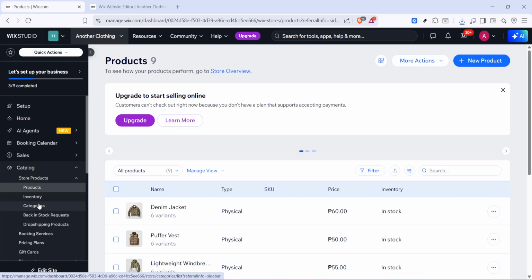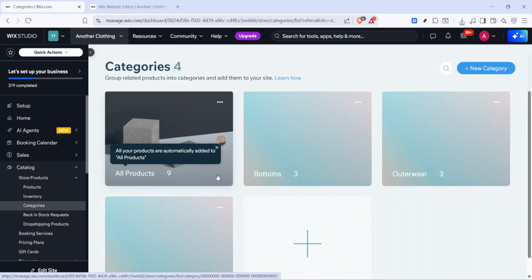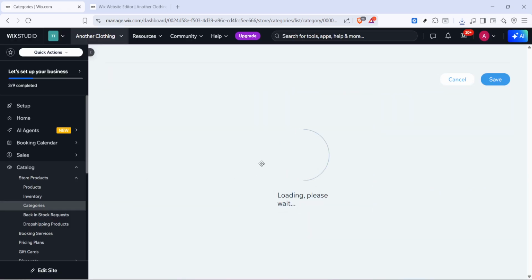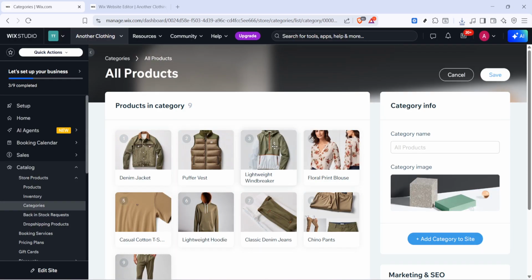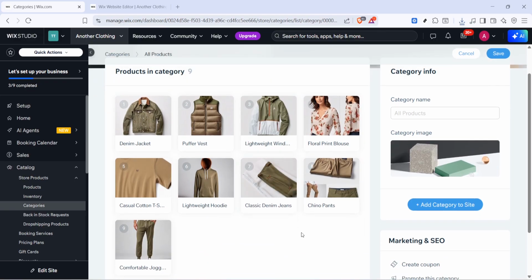Next, move into the categories area. Product order is controlled per category, so this is the right place to adjust how items appear. You'll see a list of categories your store uses. Open the All Products category to view everything at once. You can do the same process inside any specific category later if you prefer to fine-tune a particular collection. If an item doesn't appear here or inside a category, it likely means it hasn't been assigned to that category